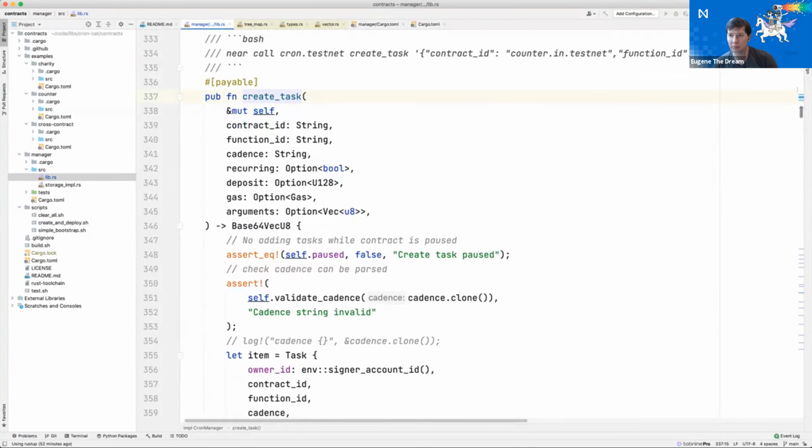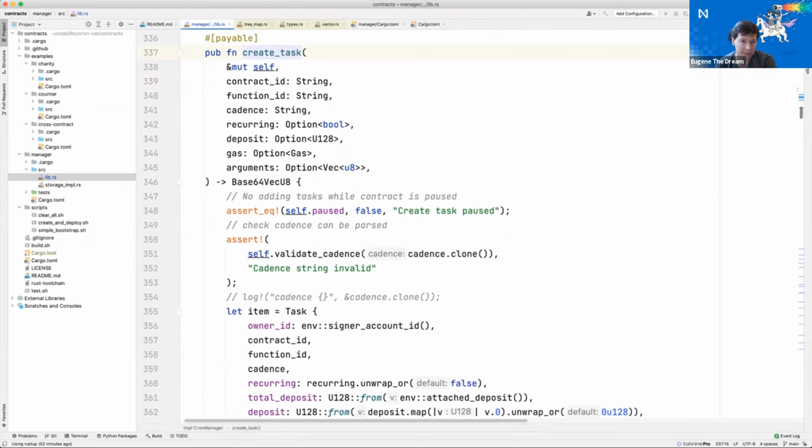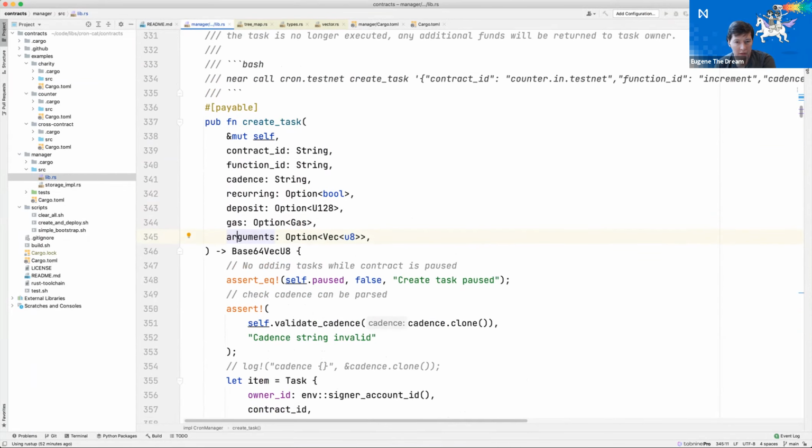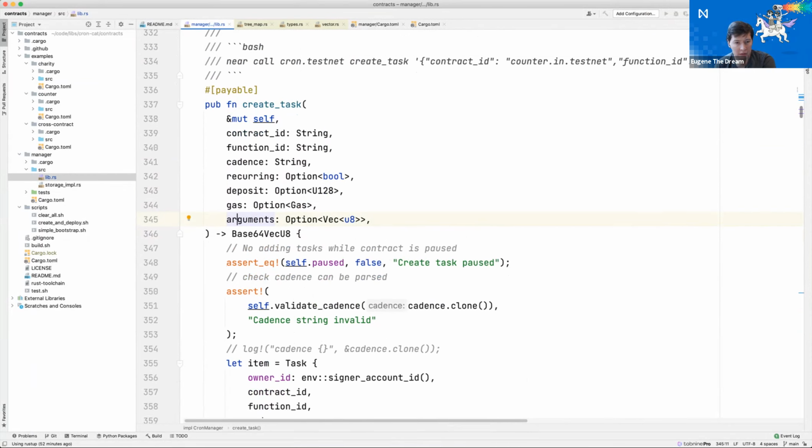Create tasks is available. Contract ID, function ID, cadence recurring, deposit, gas, and arguments. So first thing is